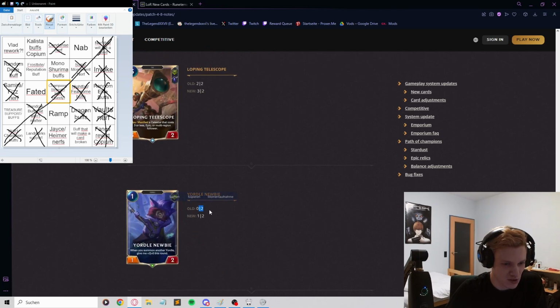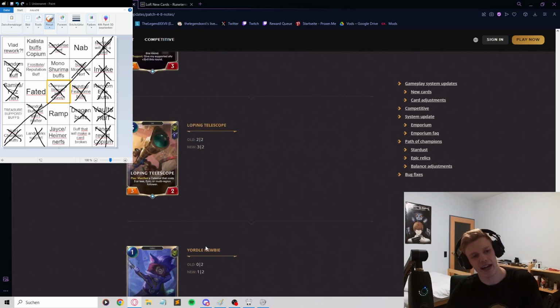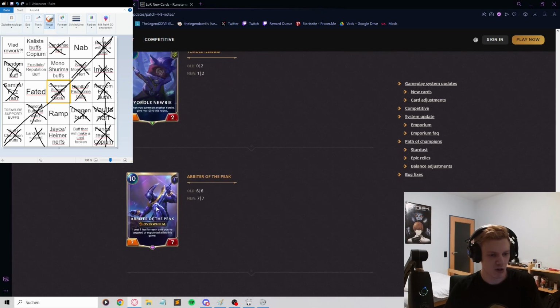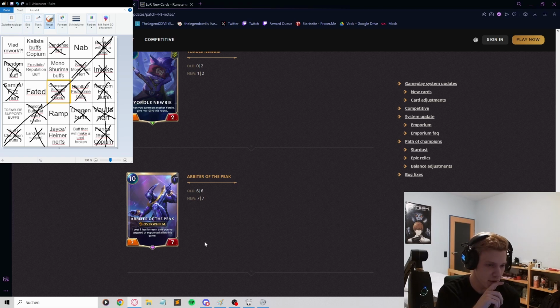Yodel Newbie from a 0/2 to a 1/2. Alright, I guess playable in Yodel decks. If you want that, sure, whatever. Doesn't matter, I think. Hybrid of the Peak from a 6/6 to a 7/7. Do they want like Taric Lulu or something to be meta again? Because this card could only be played in Taric decks. Akshan Targon's Peak? Oh, with Akshan. Akshan Harbinger? Maybe. I mean, 7/7 Overwhelm, that's...